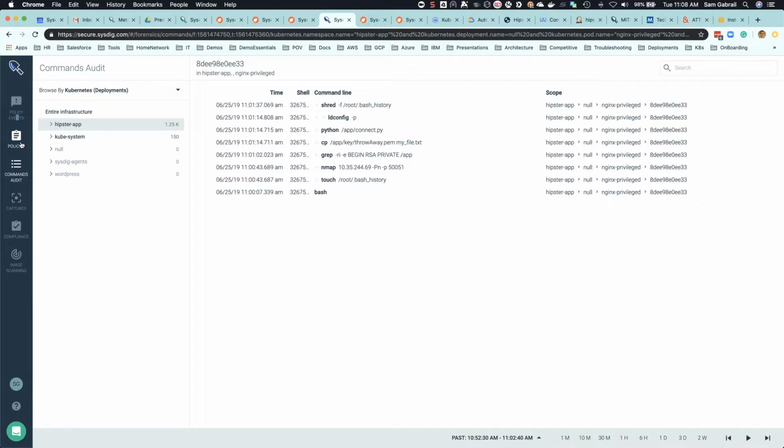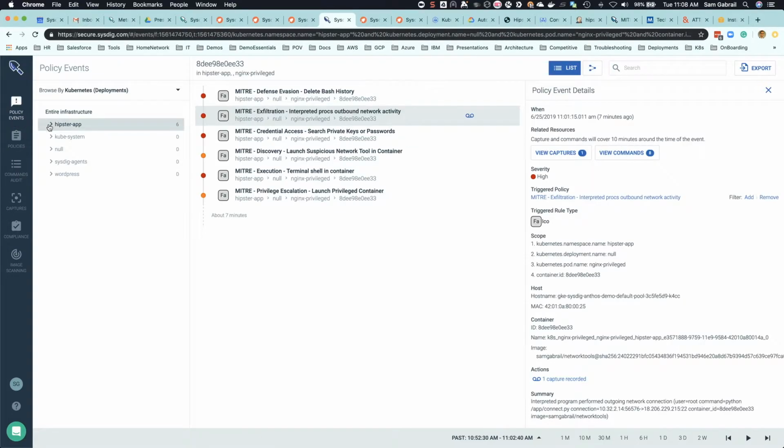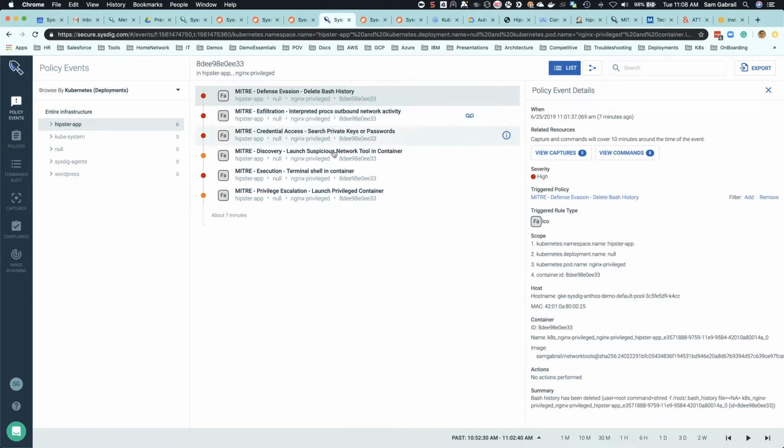One thing to add is that containers are ephemeral in nature. So having this ability to store what happened to the container is essential in a microservices world, because you might not know what happened. The orchestrator Kubernetes could have destroyed this container and respawned somewhere else, or it could just disappear. So even if the hacker didn't delete their bash history, this container could be long gone. But with Sysdig Secure, you're able to capture all this information and send it to the backend so you can